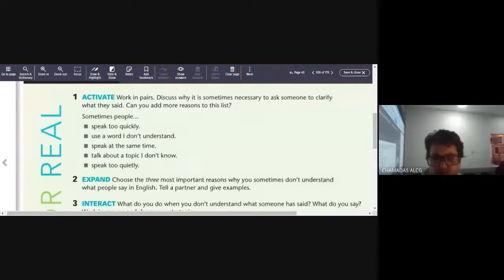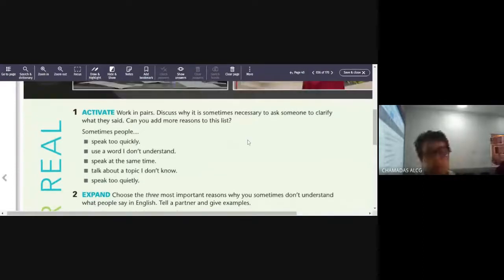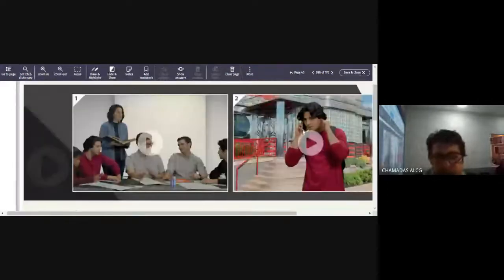That's okay, Carol, no problem. Or when we are talking to someone who is distant, or when we are speaking a different language, sometimes we may need clarification. So let's take a look here, guys. We have the situation, and apparently in the second picture, Matt is trying to communicate with someone on the phone, right? So we have already discussed the first one, and here they give us a list of reasons for us